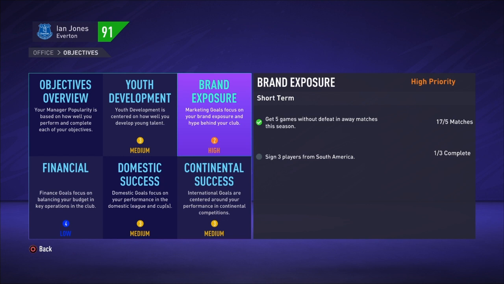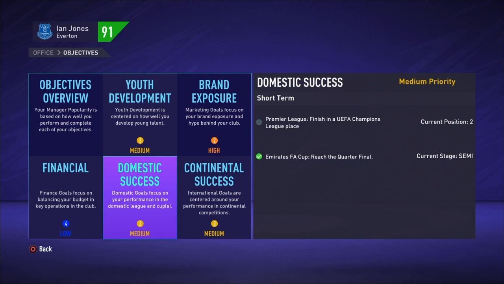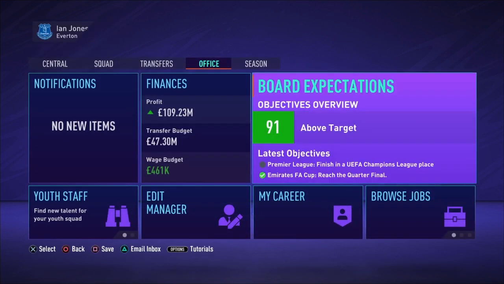Signed 3 players from South America. We do have youth scouts out in South America, so I guess if we sign them to the first team, that will give us a tick in that box, but I'm not sure. Qualify for the UEFA Champions League, that is looking very, very good so far. That's the same one there. And financial is sell 2 players and sign 1 crucial player to replace them. I don't think we'll do that, actually. But that was only a low one anyway, so